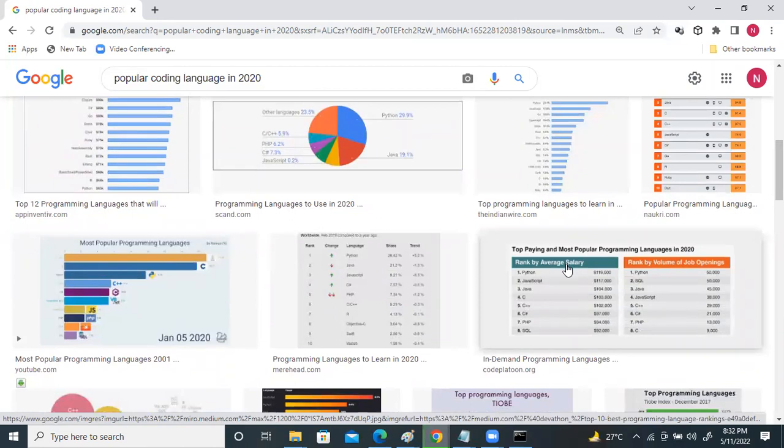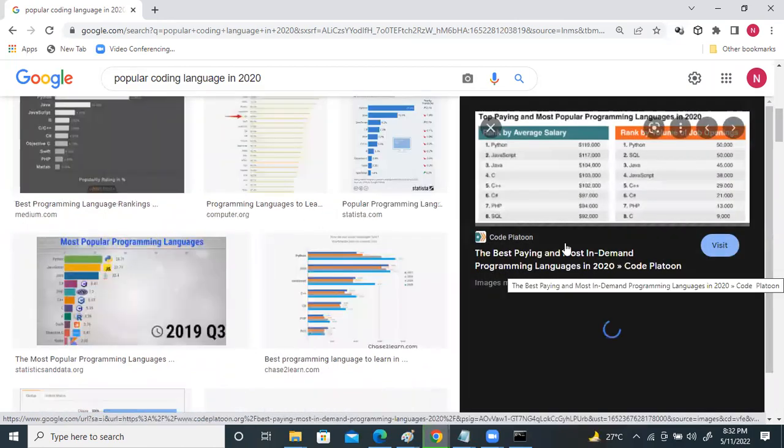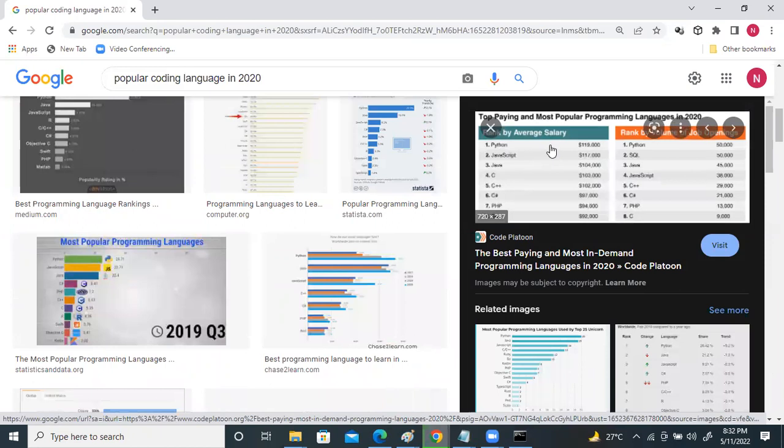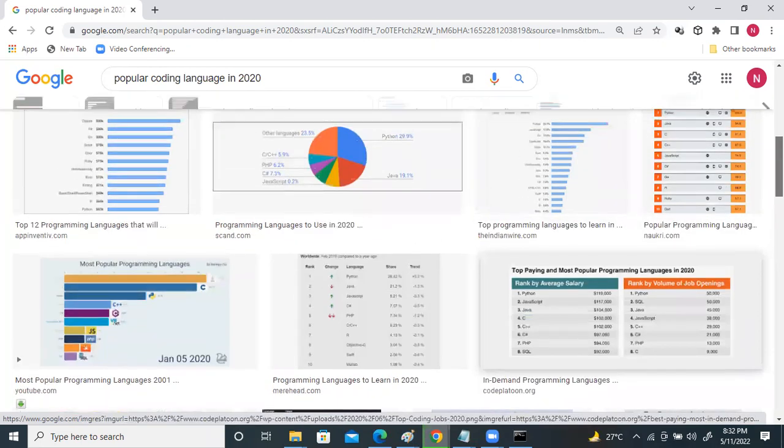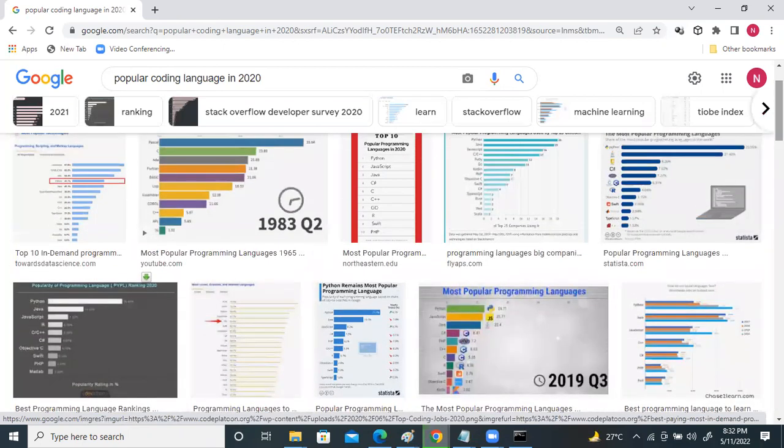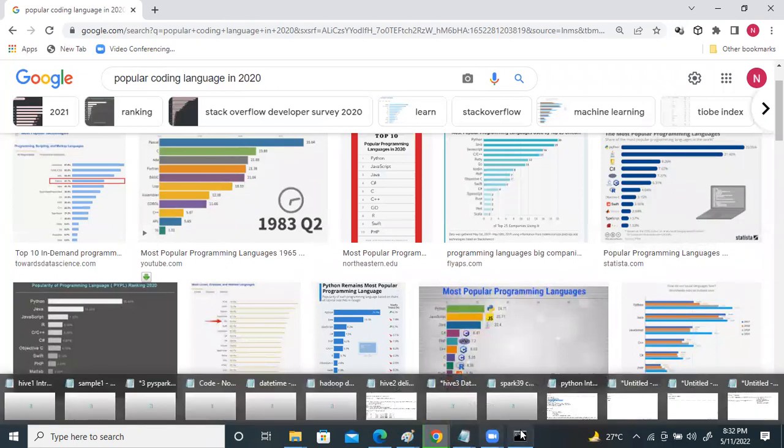Most popular programming: a ranking based on average salary and a ranking based on job openings. Python stands number one in both their average salary and their job openings. Because of this widely used number one ranked programming language with hybrid features, Python is mostly chosen today for implementing different high-end technologies and also for creating a variety of web applications.